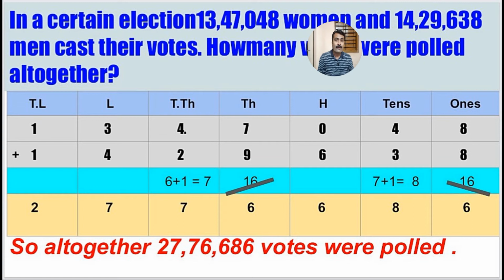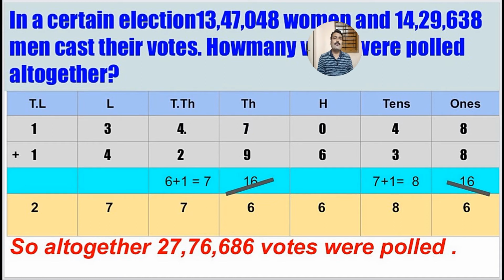Now 4 plus 2, 6 we get, and to that 6 we add 1, so we get 7, and that 7 we write into the main answer. Thereafter at the lakh place we continue the addition for 3 and 4, so 3 plus 4 we got 7, we write 7 into the main answer. And the last addition at the 10 lakh place, that is 1 plus 1, we get 2, and that 2 we write into the main answer. So after making the last addition, here I am getting the number as 27,76,686. So such number of people cast their votes all together.